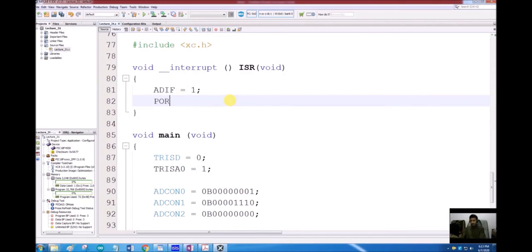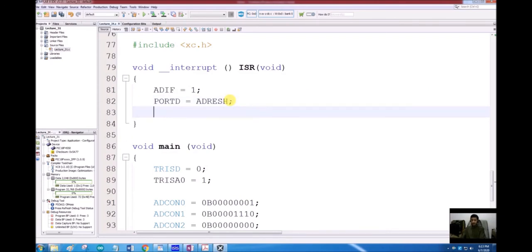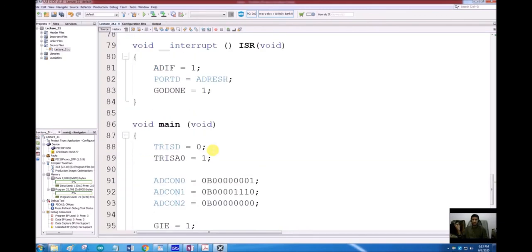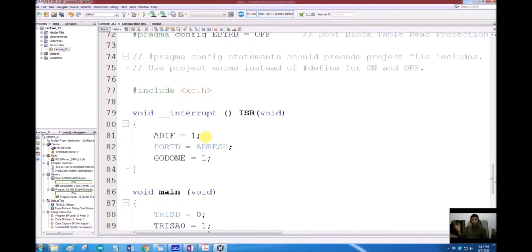Then I will display the value of ADRESH to port D, and before leaving this loop I want to again start the next conversion to continuously keep getting the data, and then I will exit the loop, and as soon as I exit the loop I will again start waiting here. So whenever the next conversion is finished I will again go to this loop, and this process will continue.